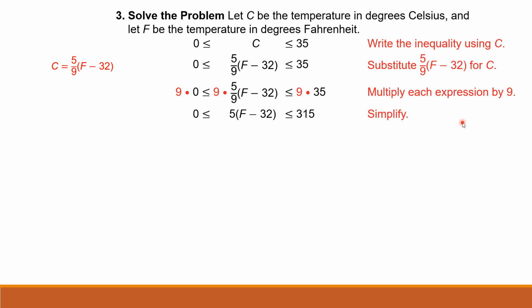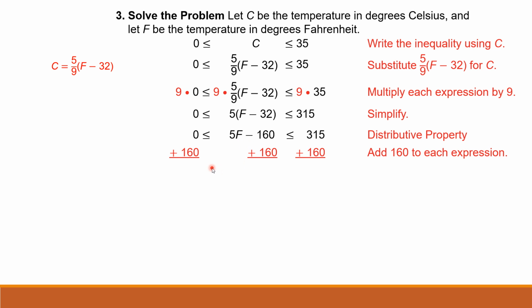315. Okay, then our next step is to distribute, so that we can remove the parentheses. So 5 times F minus 5 times 32 is 160. And we need to continue to undo the operations so that we can get the variable F by itself. So we're going to add 160 to all three components: add 160 to the left, to the middle, and to the right, and then we'll simplify. So we get 0 plus 160 is 160, which is less than or equal to 5F, which is less than or equal to